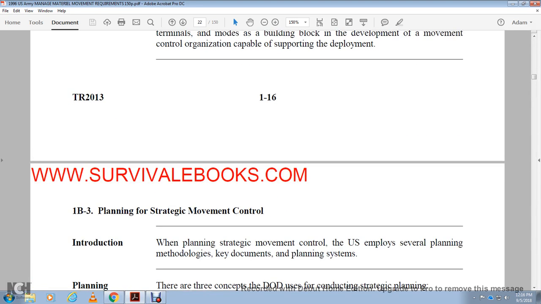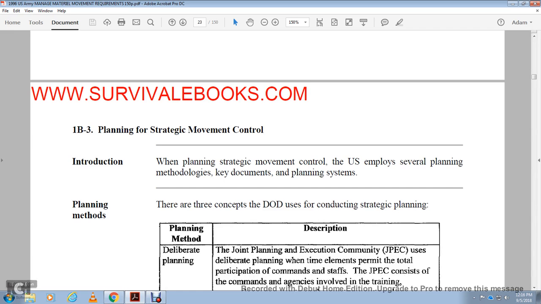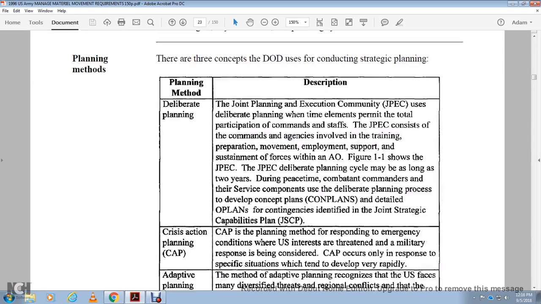Introduction 1B3, Planning Strategic Movement. When planning strategic movement, the U.S. control employees serve the planning with methodologies, key documents, planning systems, and planning methods. There are three concepts of the DoD view of conducting strategic planning: deliberate planning, joint planning and execution community view of the deliberate planning, and the total participation of command and staff of the joint planning and execution